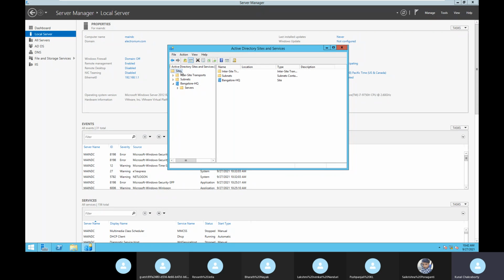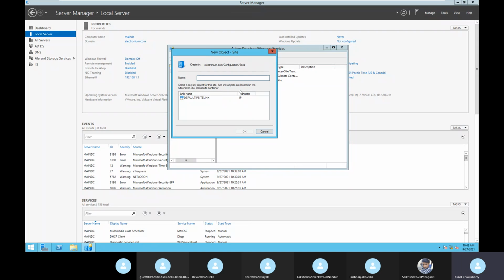So under Sites, right click, New Site. What will the name be? Delhi, Delhi branch. Banks and all, we have a lot of branches. In the main server it is created like this, showing which location and which branches are there. When we are handling Axis Bank, we have to do this. For each and every branch, we need to deploy servers, whether in the cloud or whatever.